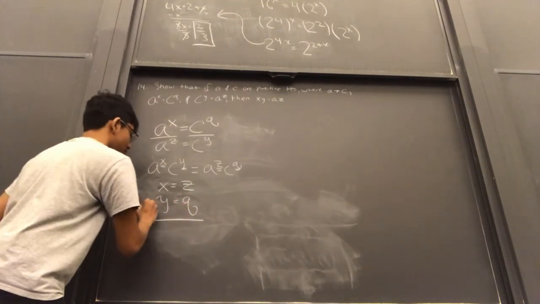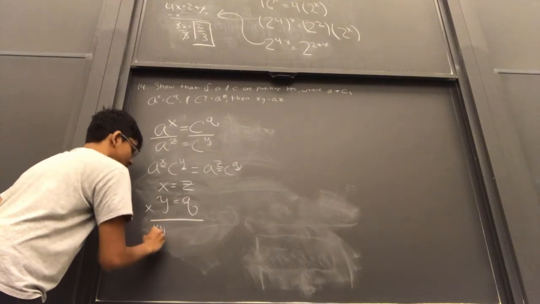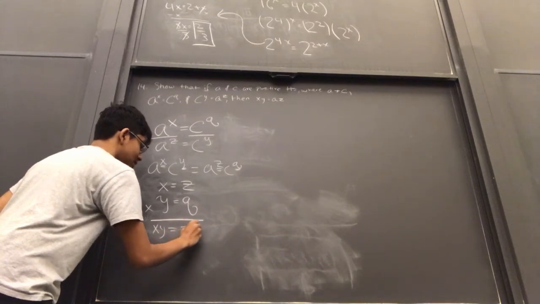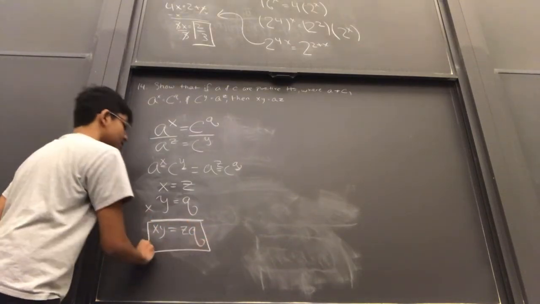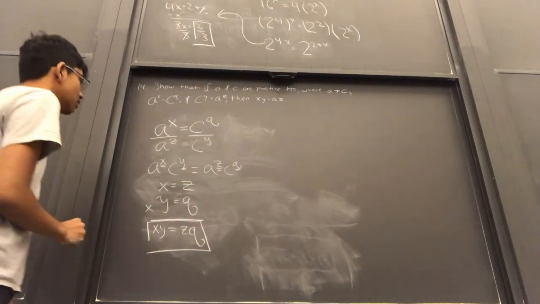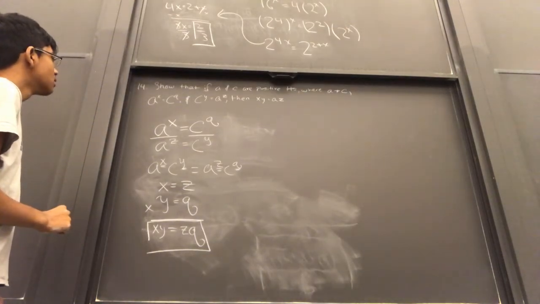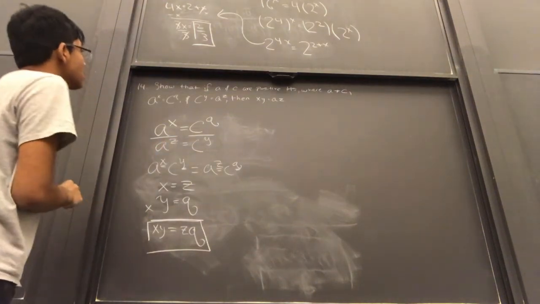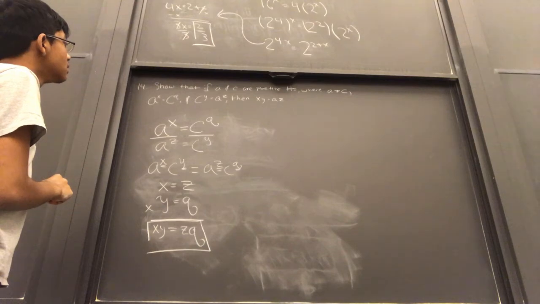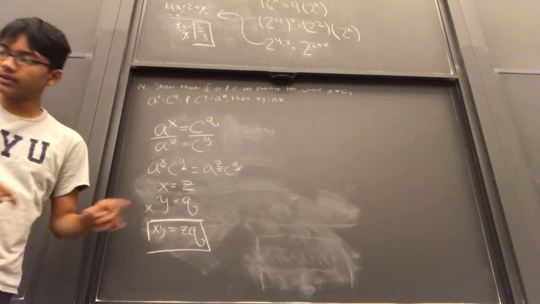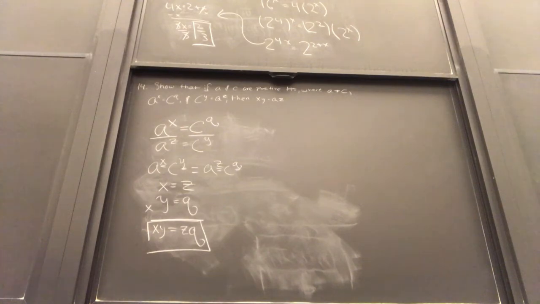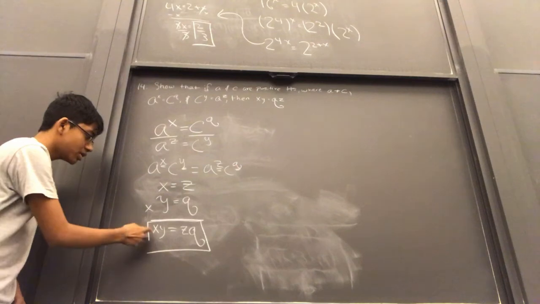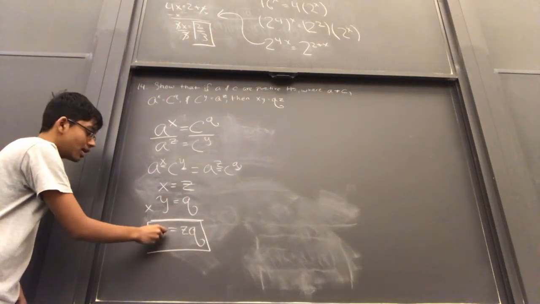And thus, if we multiply x times y, its product will be equal to z times q. And thus, is that what the question asked? Oh wait, I might have written the question wrong. Oh yes, this is q, not a. And thus, we solved the problem. We showed that the product of x and y is equal to